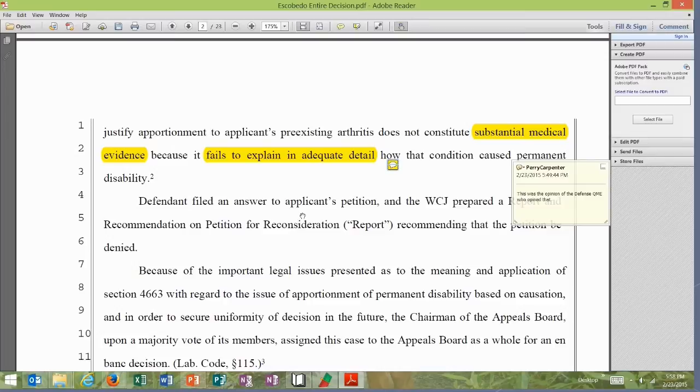The primary treating physician provided a permanent impairment opinion, but did not apportion any of the permanent impairment to pre-existing degenerative arthritis of the knees. And Marlene Escobedo was found to have permanent impairment of both knees. Well, the